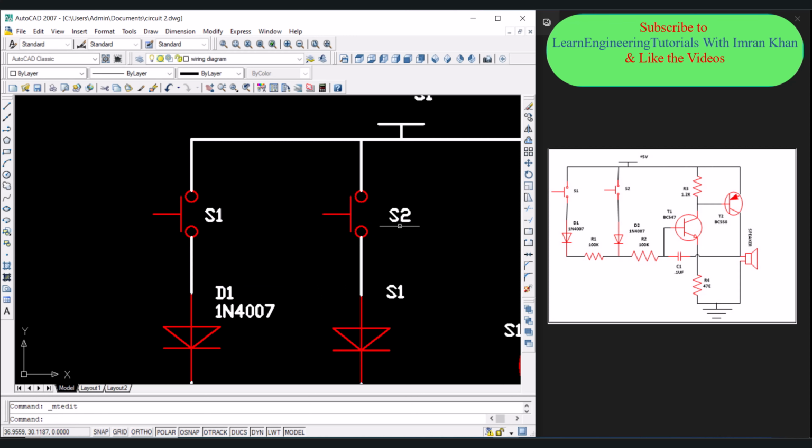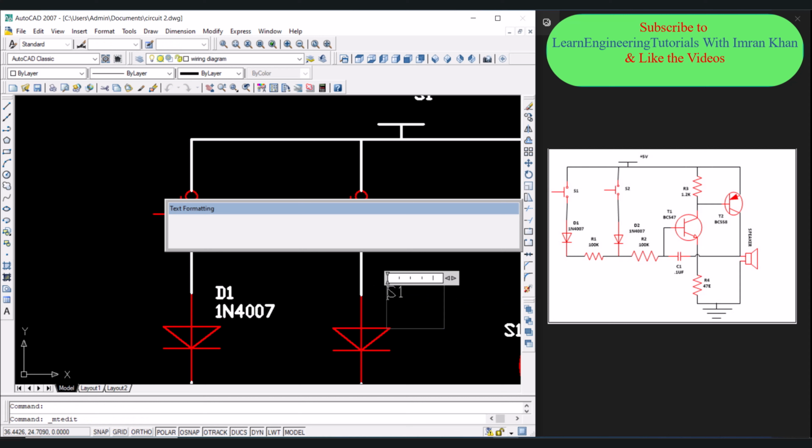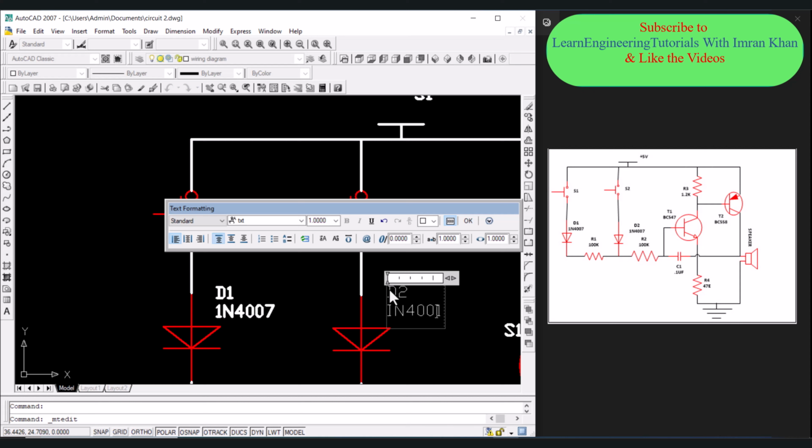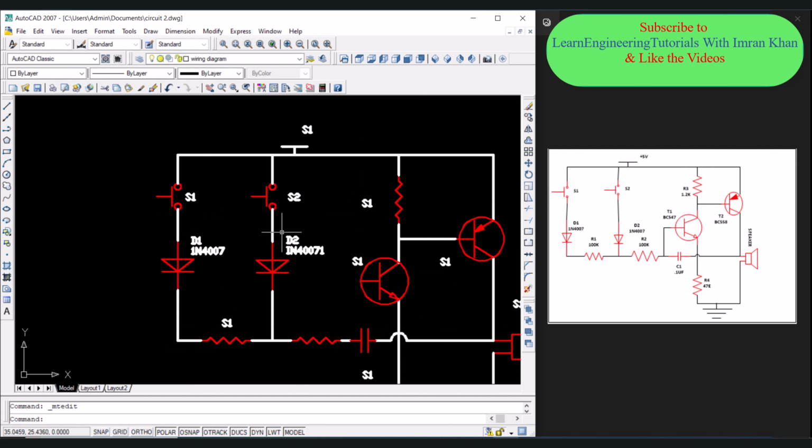Click on OK. Click over here and write D2, enter 1N4007. Click on OK. Now for this text, select all the text